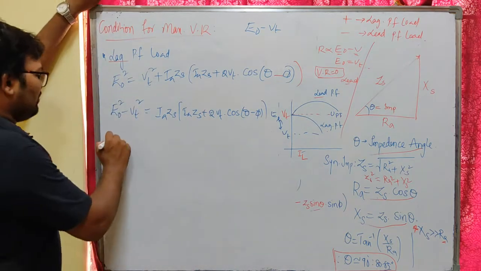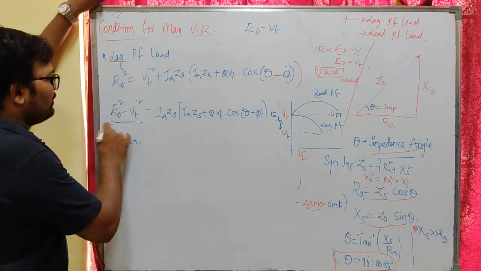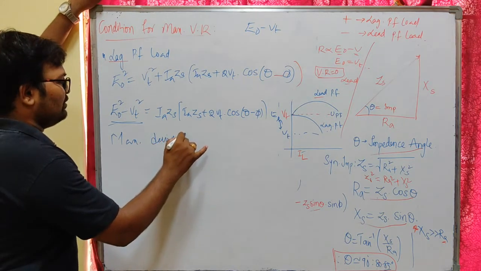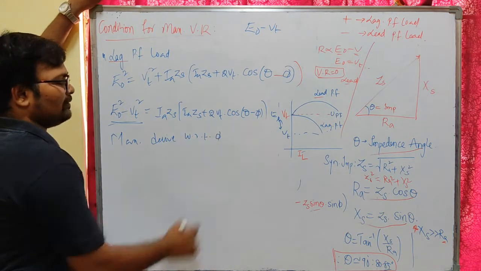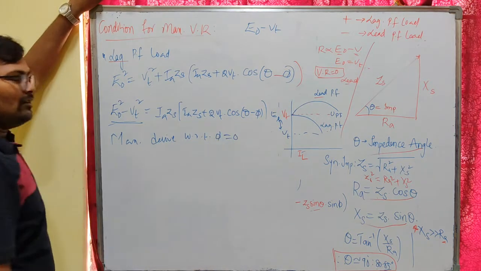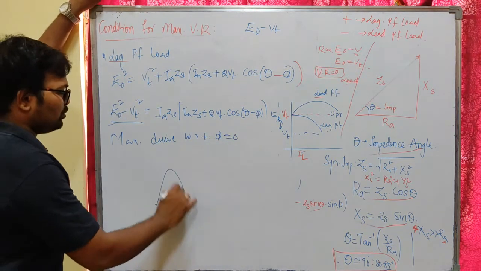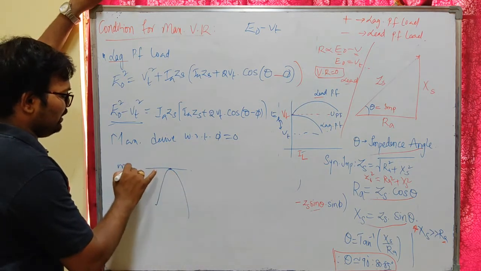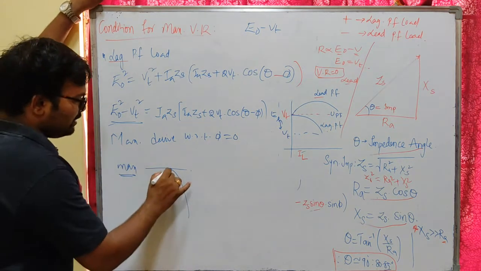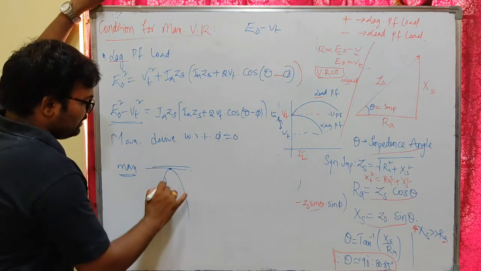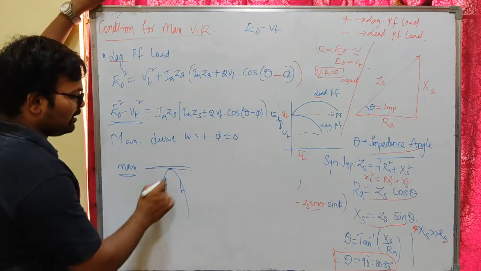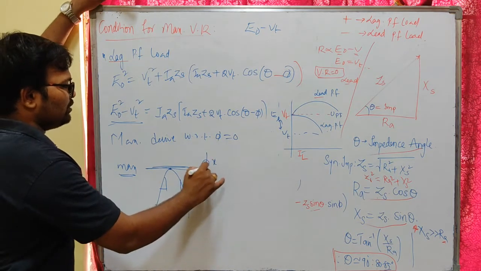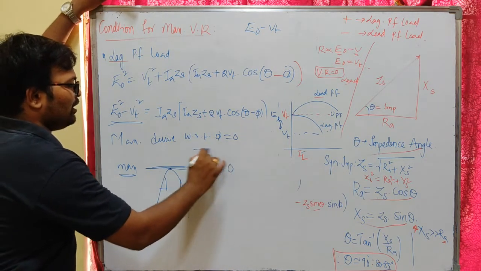Now for a maximum value, to obtain a maximum value, we are going to derive this with respect to pi. Okay, derive with respect to pi here, and it should be 0. We have to derive it and we should make it 0. That means the slope should be equal to 0 at the maximum value. Okay, at this point this is the maximum value of any waveform. So at this the slope is 0, right? Actually here it is having a slope, here it is having a slope, but at the maximum point there is no slope. That's why the maximum value should be derived with respect to some value and it should be made equal to 0.